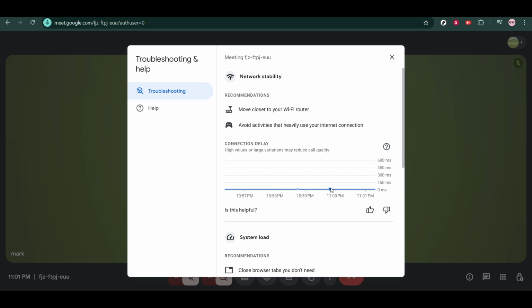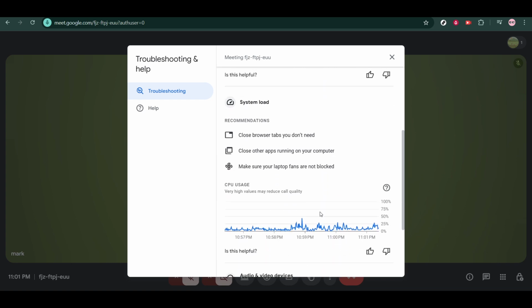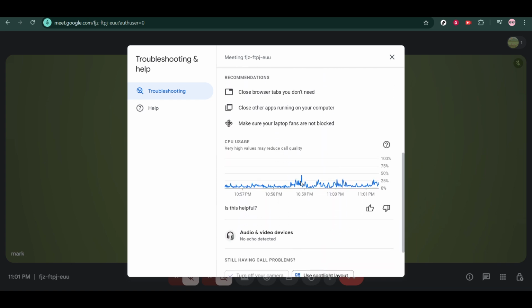If latency looks fine, review the system performance indicators shown there, especially CPU usage. When your processor is heavily loaded, Meet can stutter, desync audio, or drop your connection. Close extra tabs or background applications, particularly those using video, screen recording, or virtual cameras, to free up resources and